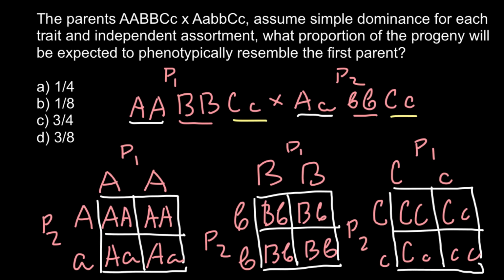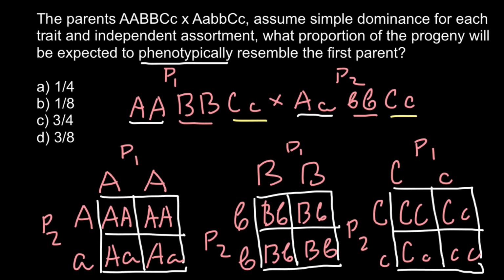So we are told that we have to find what proportion of the progeny will be expected to phenotypically resemble the first parent. And I want you to pay attention to the word phenotypically. It is different from the word genotypically. So we are not looking for the same genotype. We are looking for the same phenotype. And for example here,